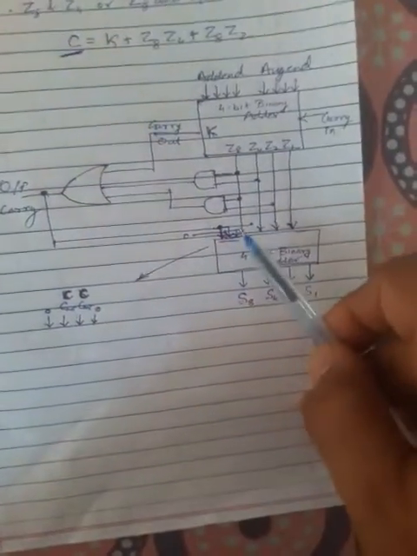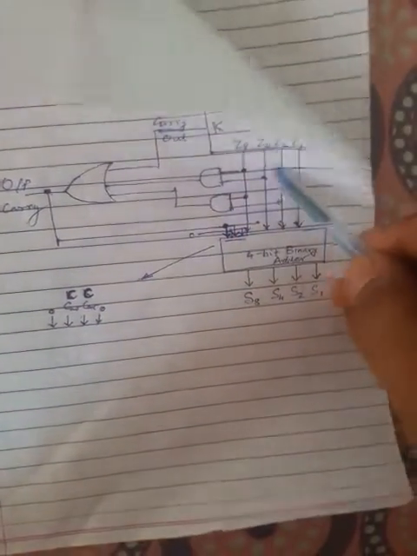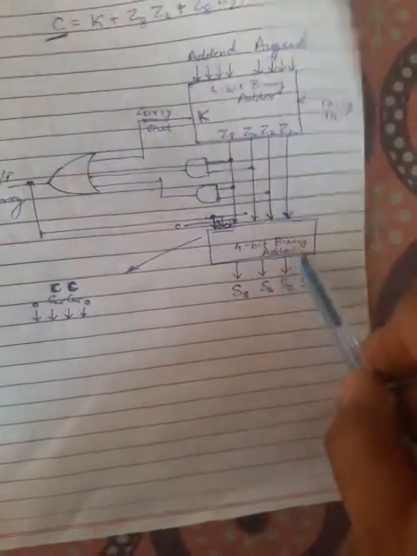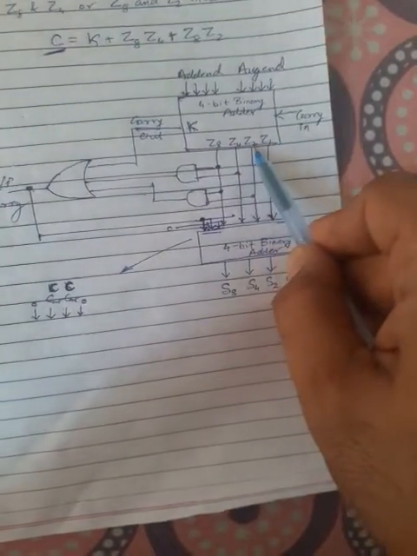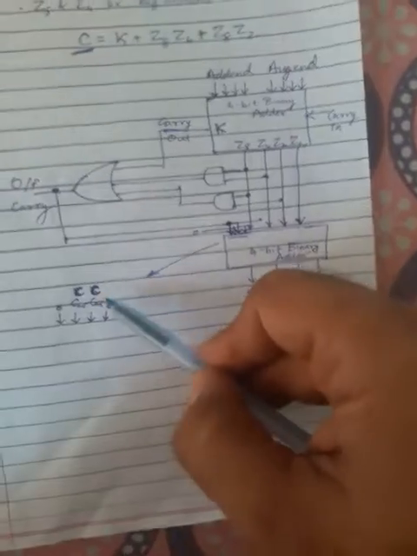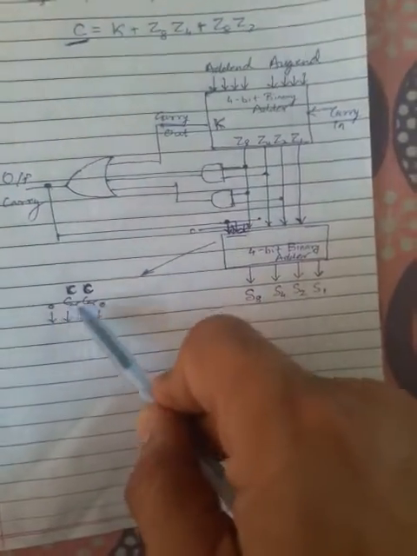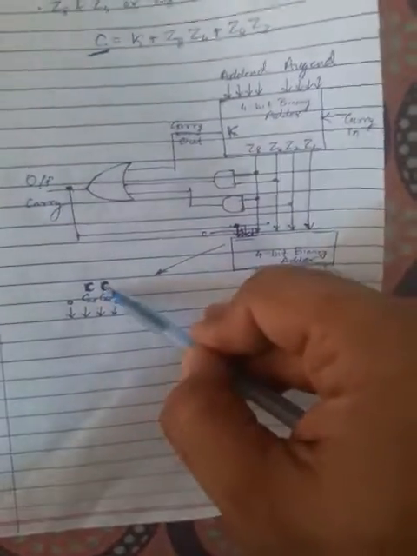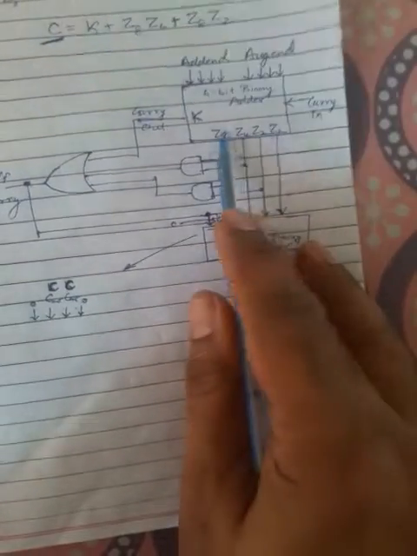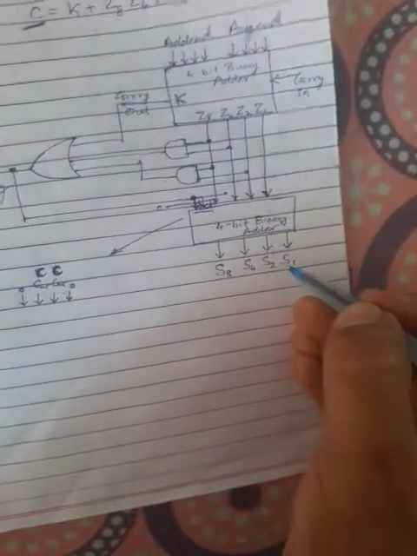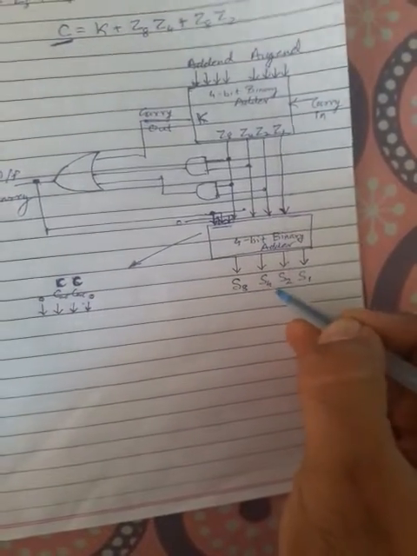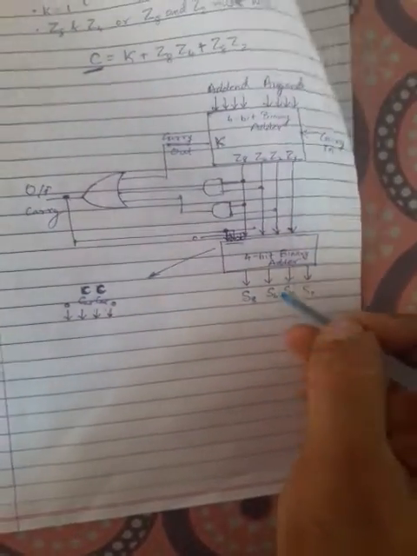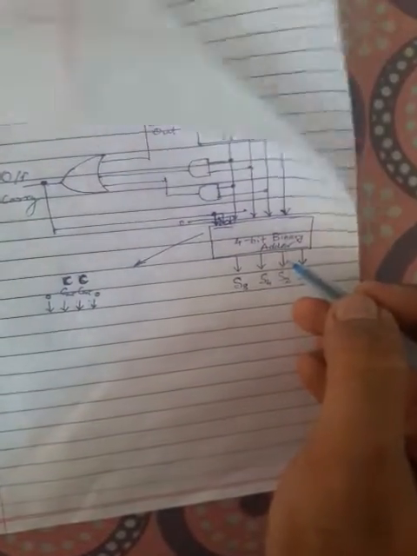Okay, after this, now here these two parts are given to this 4-bit binary adder. One is this Z8 Z4 Z2 and Z1, and another 4 bits is this. The first and last will be 0, and the middle ones will be the output carry. Okay, output carry, that is C, the answer of this OR operation, will be given here. So when these two parts are added, we will get this answer, that is S8, S4, S2 and S1. And finally this is the output, that is the BCD sum we can say here.